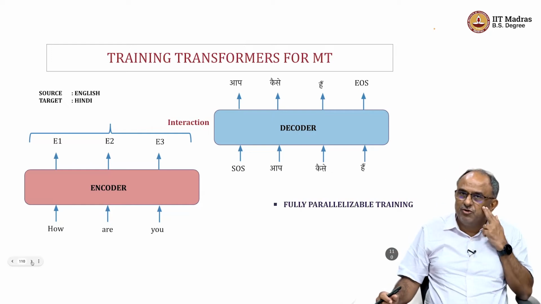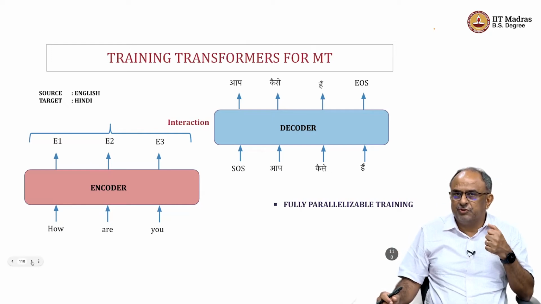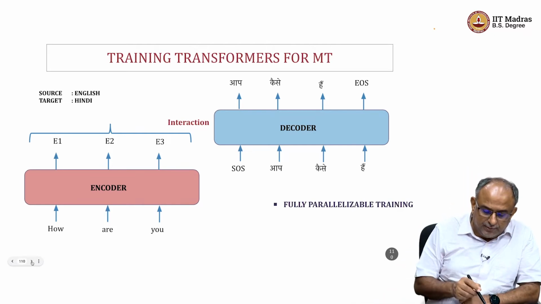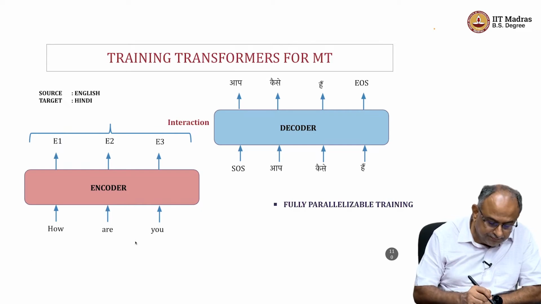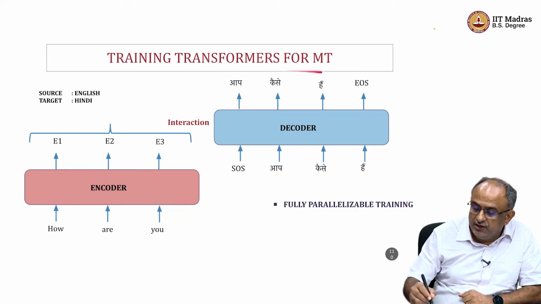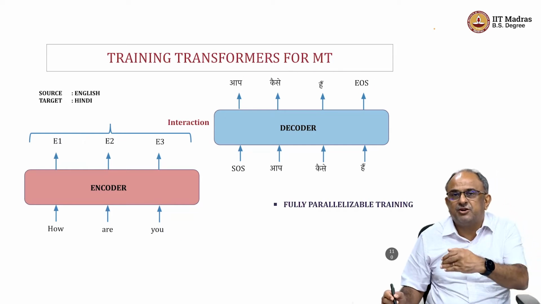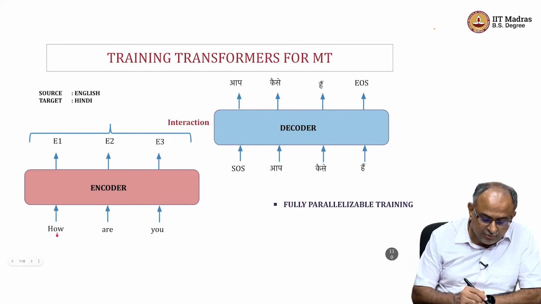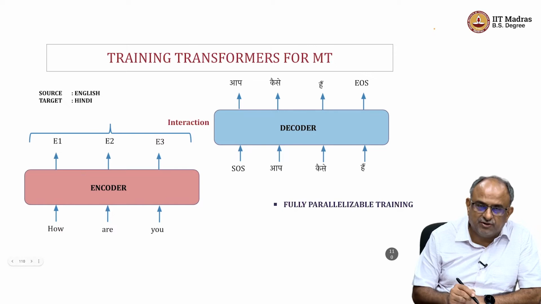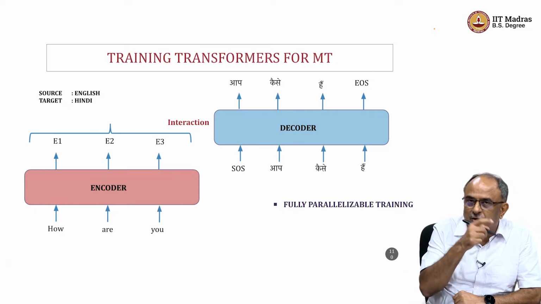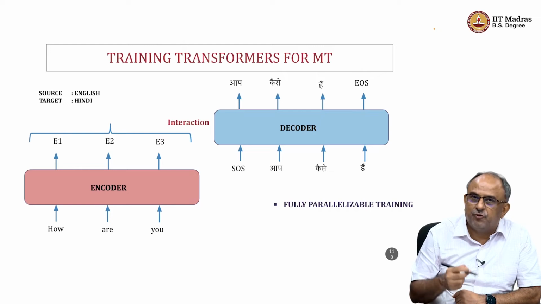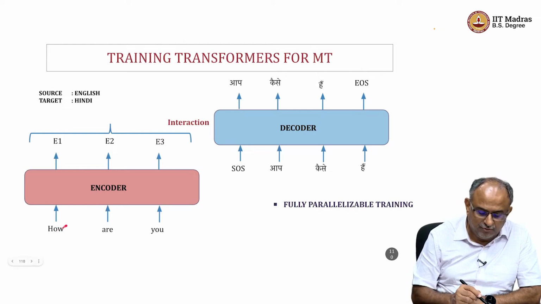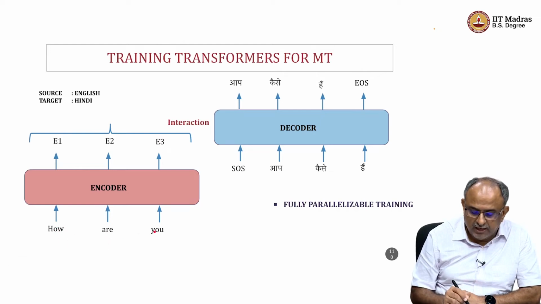So, we know there are many applications to the sequence to sequence approach, right. One of them we keep repeatedly saying is the translation task. So, for example, from English I want to go to Hindi translation, right. So, this is text to text translation. Okay. So, if I am doing text to text translation, this English will first of all get its word embeddings. How will it get its word embedding? A 500 dimensional embedding, we multiply by the embedding matrix using word2vec. So, there will be some embedding for how, some embedding for are,